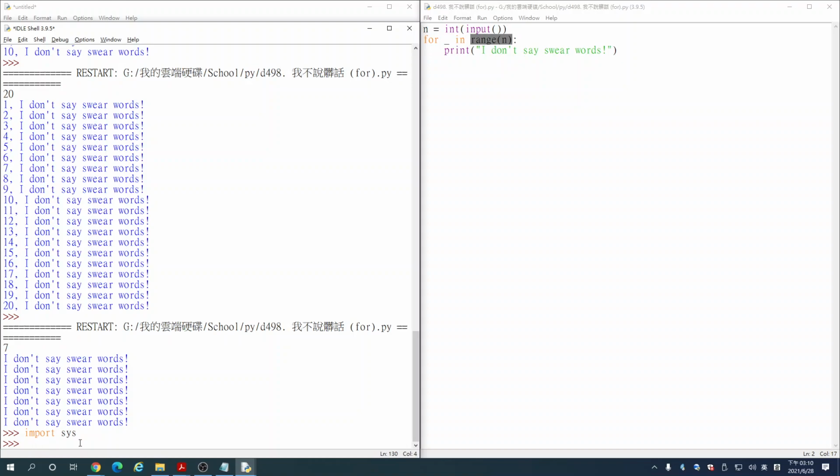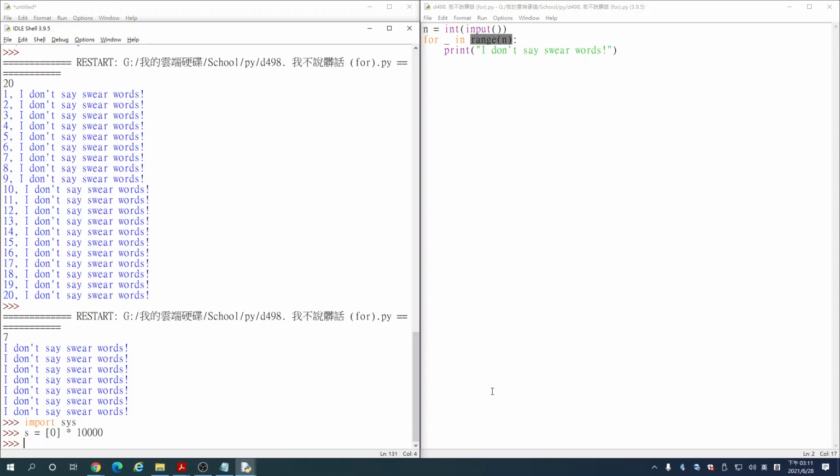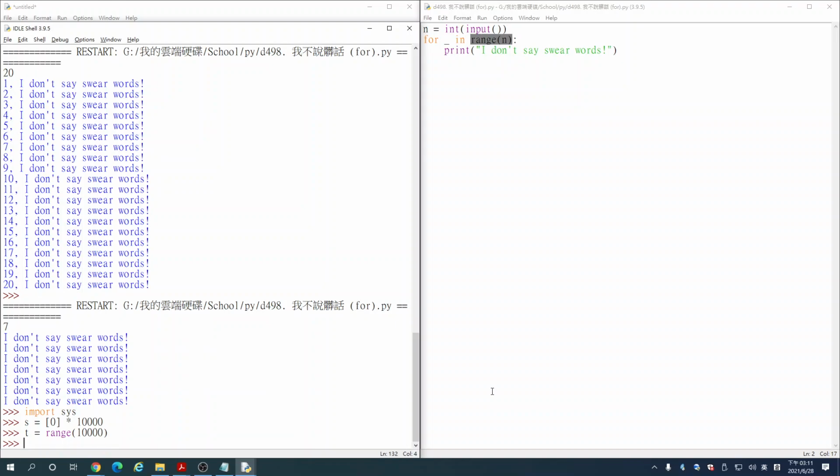If I use a bigger number, like 10,000, if I have an S, which is a list with 10,000 zeros inside, and a T, which is a range with 10,000 integers inside, both S and T have 10,000 numbers inside. However, S will take